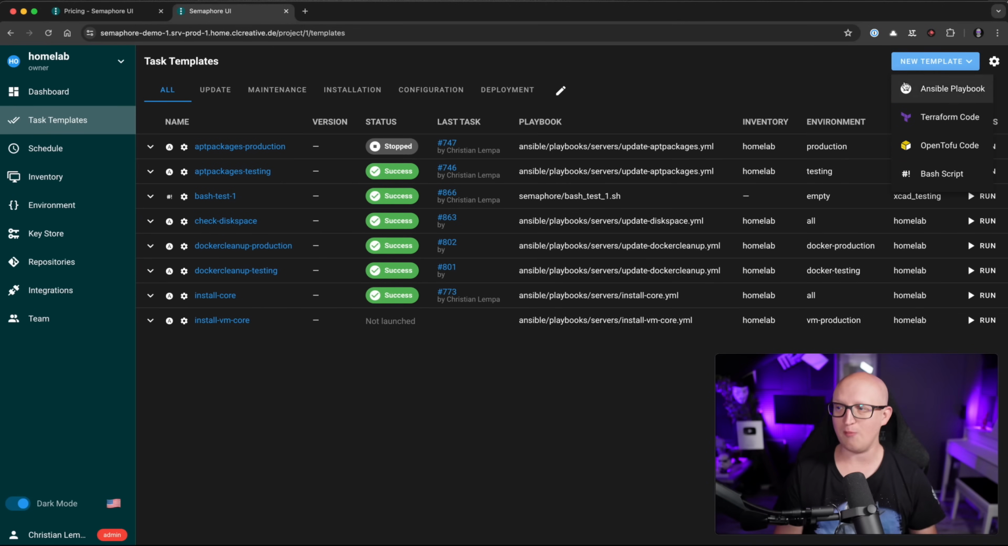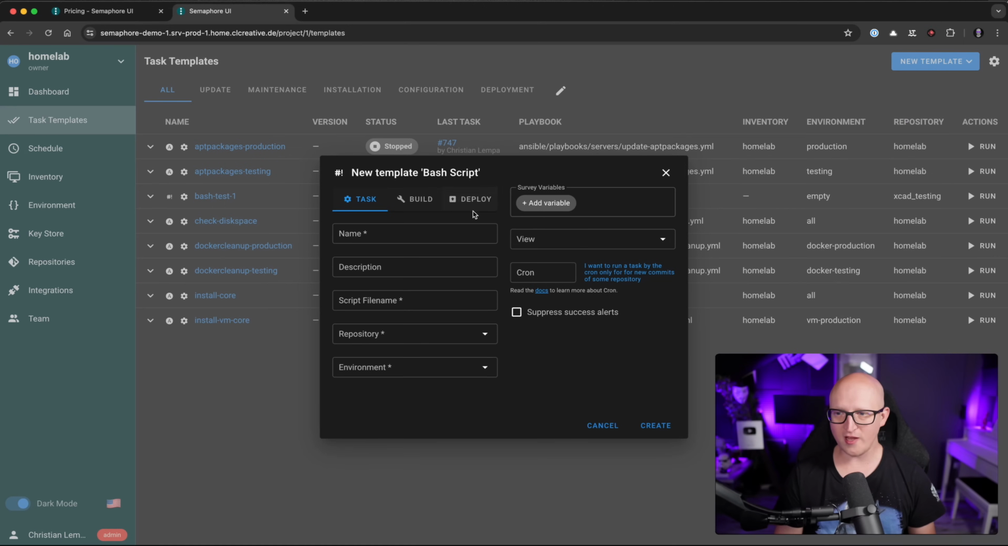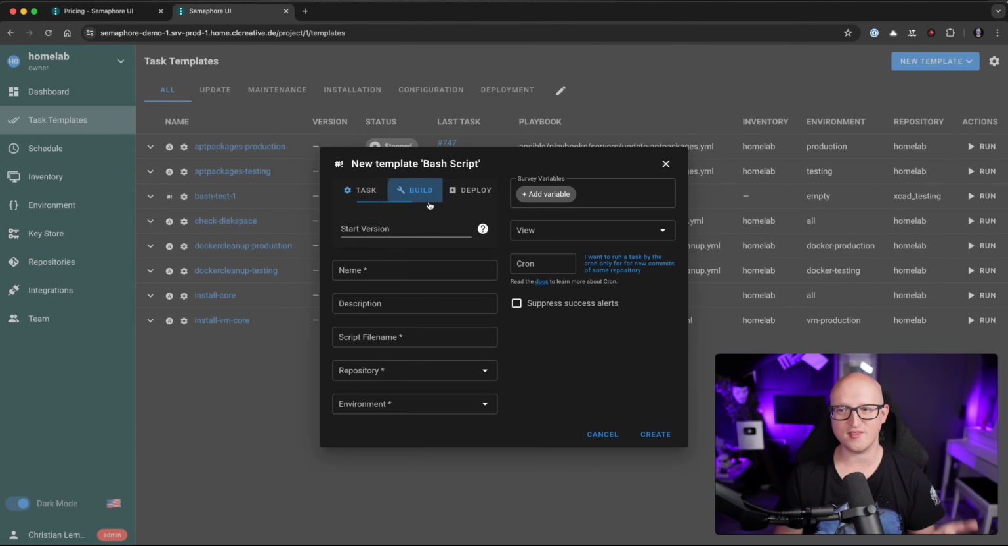And when you click on new template, you can create an Ansible playbook. So that was the only option before. But now you got a Terraform code, an OpenTofu code, and a Bash script task template that you can also create. If you create those task templates, you still have the 3 different types, the task, the build and the